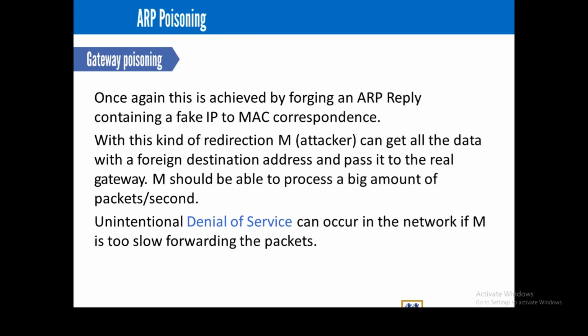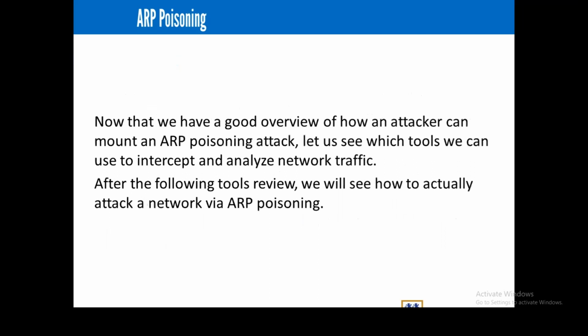With this kind of redirection, the attacker can get all the data with a foreign destination address and pass it to the real gateway. Attacker M should be able to process a big amount of packets per second. Unintentional denial of service can occur in the network if M is too slow forwarding the packets. So that means the attacker has to be very, very fast. As he gets the traffic, the packets, he needs to quickly forward them before it gets noticed and before it causes